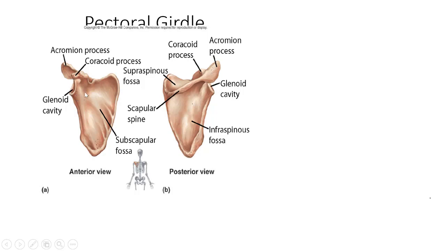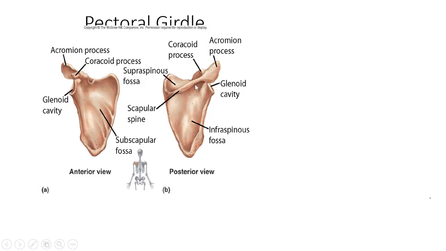So here in the anterior view, you can find this fossa that is named the subscapular fossa. This fossa is covered by a muscle named the subscapular muscle. Here you can find this rough part that shows us we have bones, and these traces show us the traces of the muscle that is located here, and this is the posterior